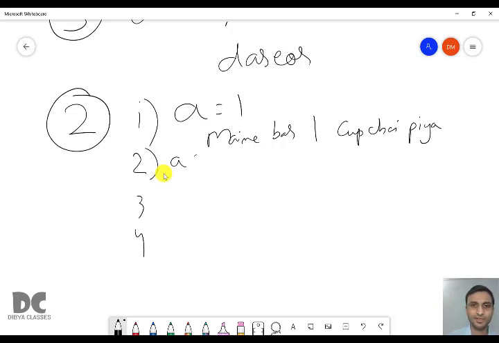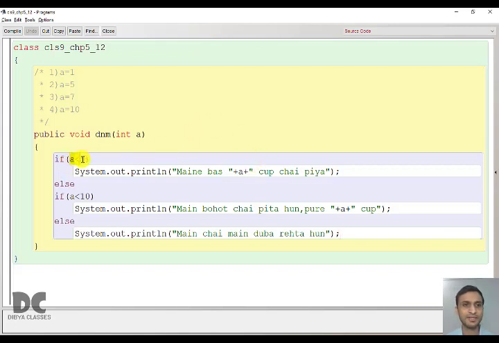So our answer is मैंने बस 1 कप चाय पिया. In the next case, when the value of A is 5, 5 less than 5, false. False means it will go to else block. 5 less than 10, true. True means it will print मैं बहुत चाय पीता हूँ पूरे 1 कप. What is the value of A? 5.